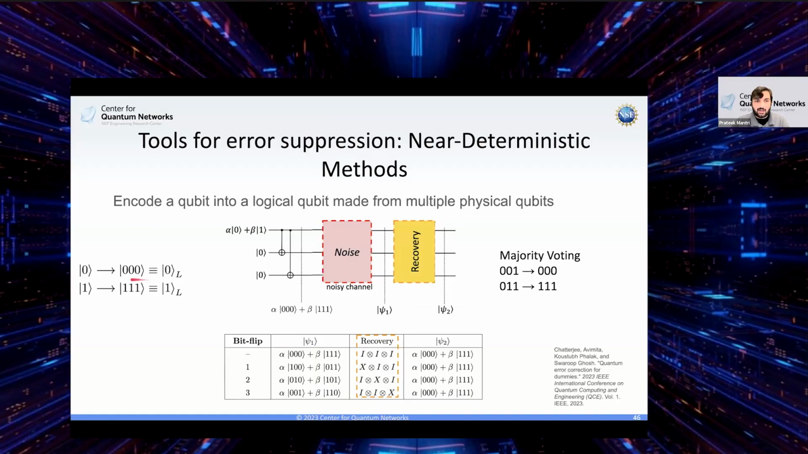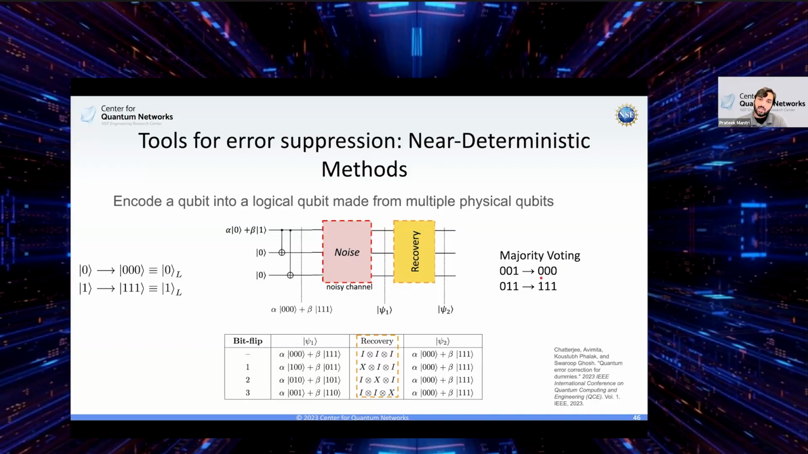So let's say we had this state and we were able to prepare the state alpha 000 plus beta 111, and it undergoes some noisy channel, which flips one or more of these qubits. As long as we are within a certain error budget and we take this majority voting, so let's say we had a bit flip occurring on qubit 3, and we take a majority vote, we say that, oh, if two of them are zero, it's probably the third qubit was also zero. So we get the 000 majority voting,